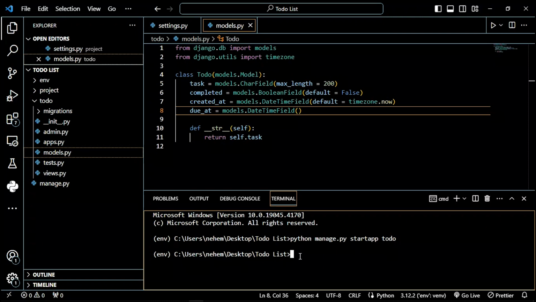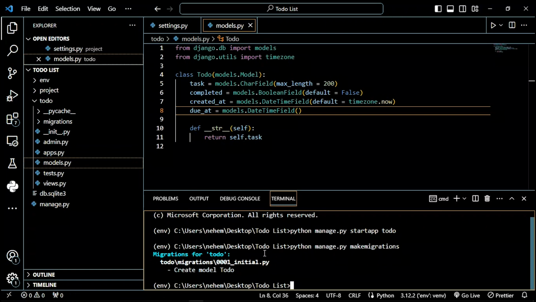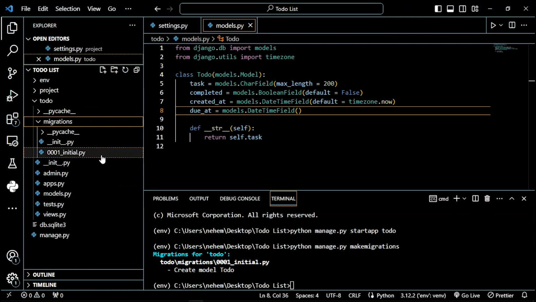So first of all, we must alert it with the command makemigrations. So just type there python manage.py. Remember, from this time on, we are using this virtual command line interface called manage.py, and then makemigrations. I think it's fine. So this way, Django is now aware that there are some new tables we need to add. So when you go to the to-do app, you can see now the new folder is created,